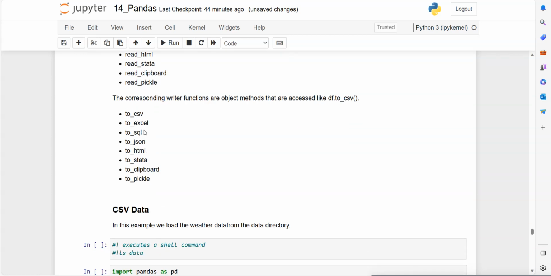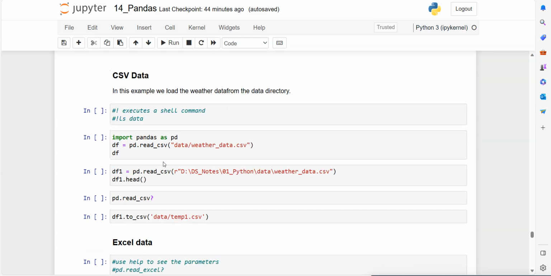And these are the output functions, which means once you have processed data in the data frame, you can store it back into different formats, like to CSV, storing the data in CSV format, Excel, like this. These are the output methods. So let us see a couple of important